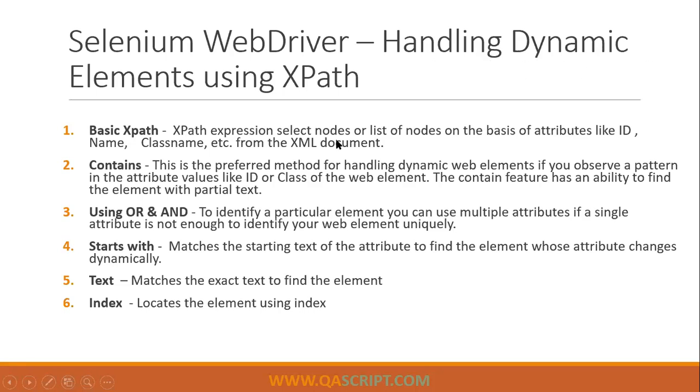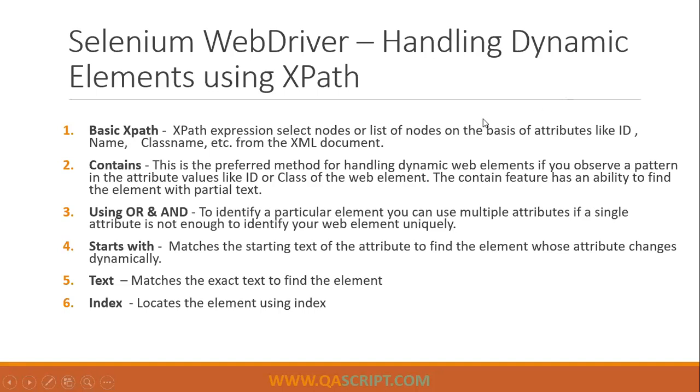So your scripts will fail if you just handle it in a normal way, just taking some identifier and trying to identify that element. Your script may pass for one scenario, but it may fail for the other scenario. So we are going to look at different ways of how you can use XPath so that you can